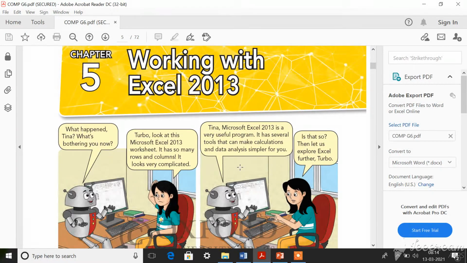So you already know about the Excel application, right? One among the Microsoft Office applications is your Excel application, and I do hope you know all the basics of it, because in your lower classes you might have learned about it, and this year you're going to learn something different from whatever you have learned so far.